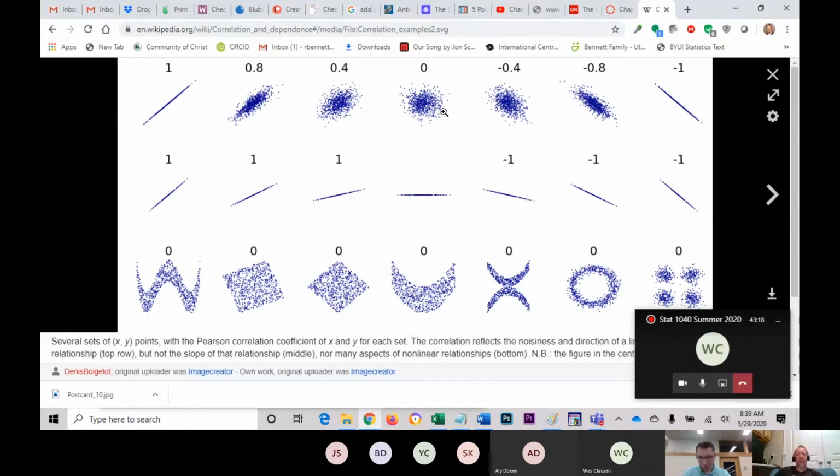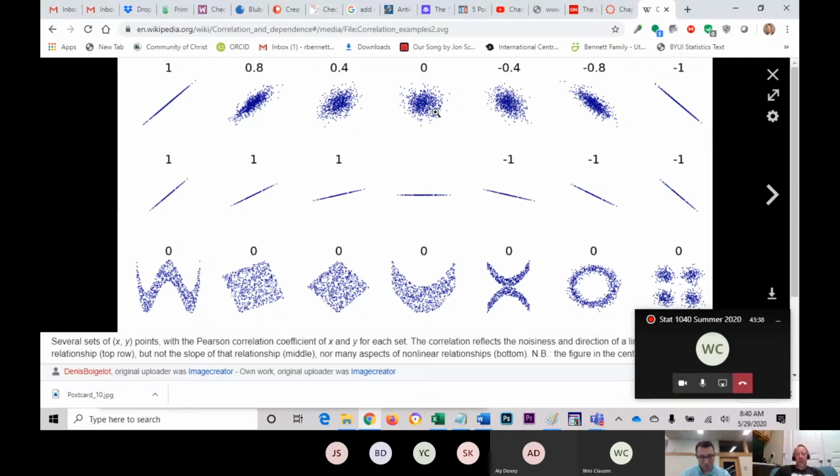And so the idea here is, whenever you're calculating the correlation coefficient, you should always be looking at the scatter plot. And I will show you how to do this in just a minute. So the idea here is